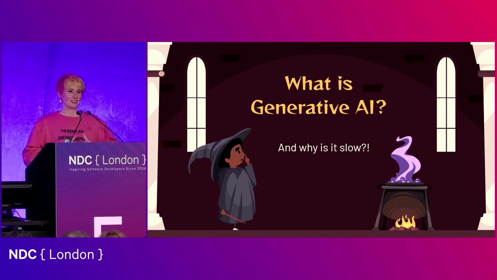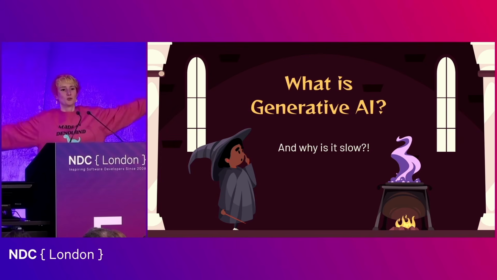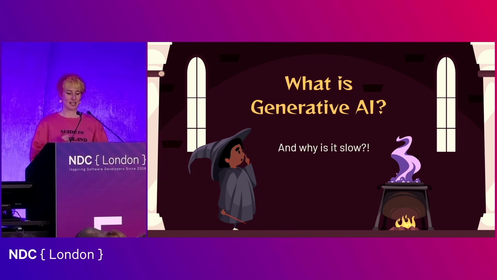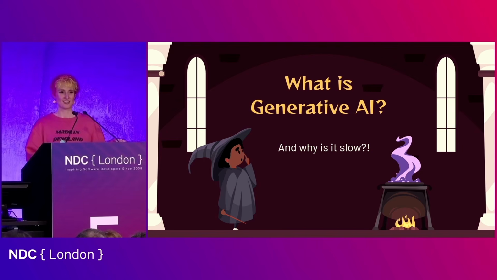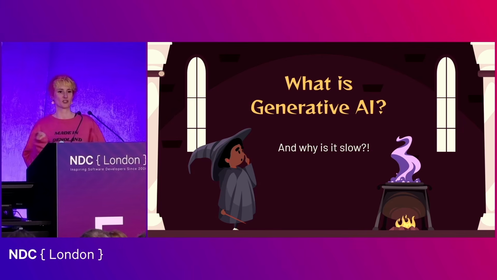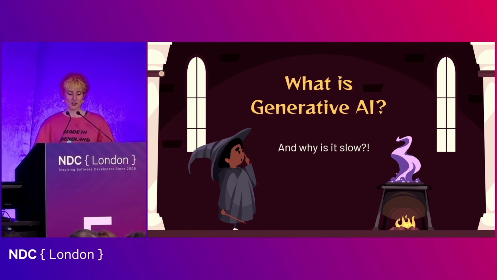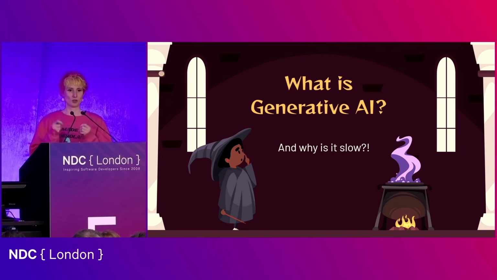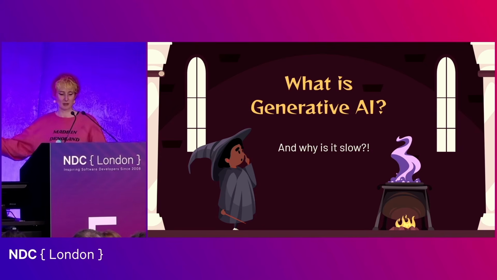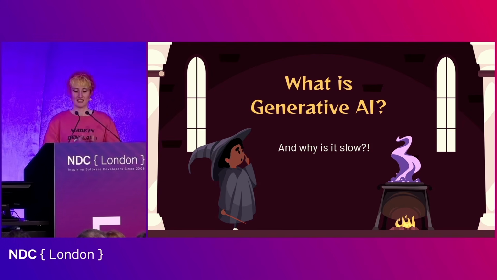So generative AI isn't a rules-based system. It's a statistical engine that is trained on huge amounts of text. And all it's doing is predicting the next thing that is going to happen, the next token in a sequence based on what came before, which is computationally expensive. Each token prediction needs billions of matrix operations in order to be output. The model doesn't know what it's trying to say. It has to do this computation for every single word that is going to come out, every sentence, every paragraph, and there's no shortcut for this.